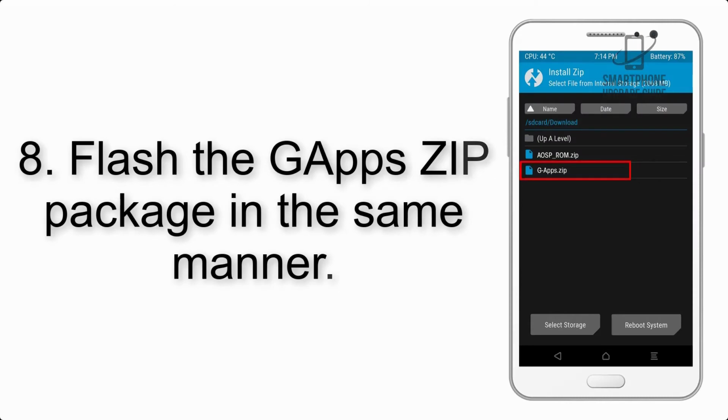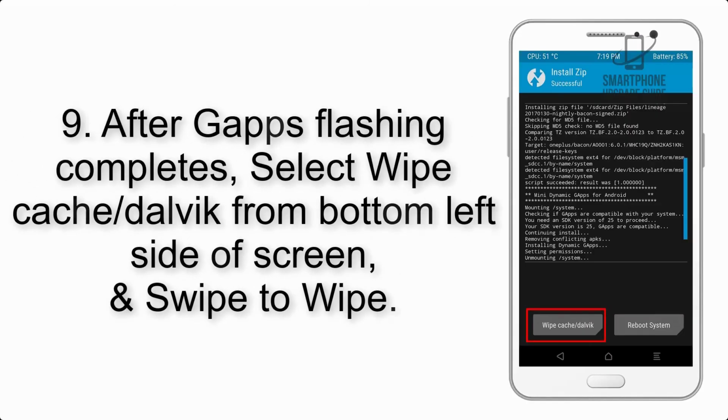Step 8. Flash the GApps zip package in the same manner. Step 9. After GApps flashing completes, select Wipe Cache and Dalvik from the bottom left side of the screen, and swipe to